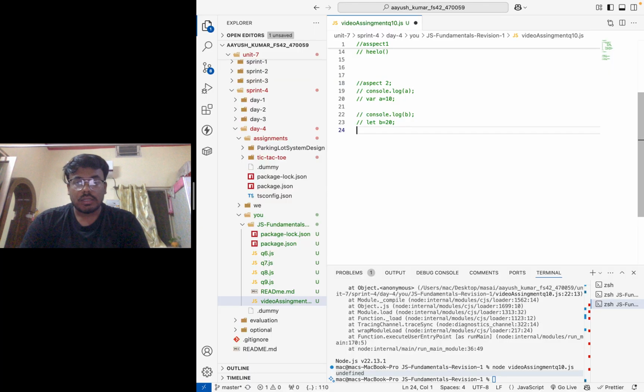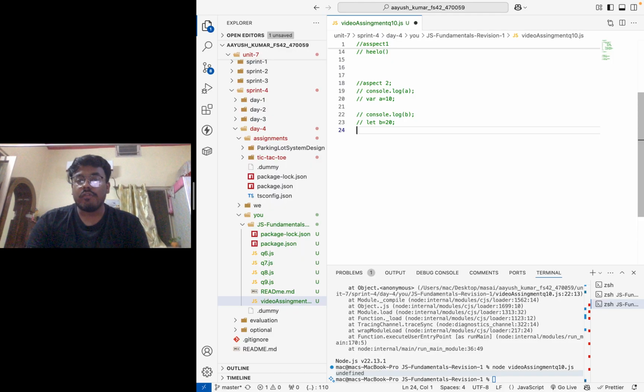At first we discussed that var can be accessible outside the block scope, and second we saw that var can be hoisted, and it will give the data as undefined. It will be initialized but the value not assigned, so it will give undefined. But this is not the same with let and const.